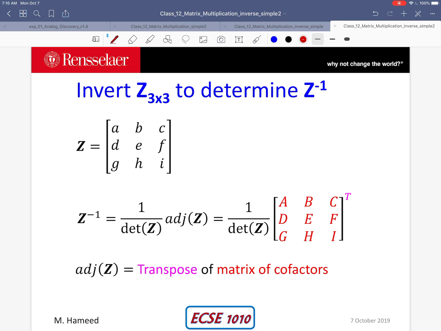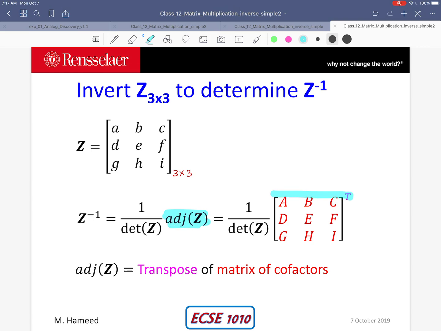Now let's consider a matrix Z, and we'll try to find Z inverse. I'm considering a matrix Z with 3 rows and 3 columns, and the elements in matrix Z are small a, b, c all the way to small i. Now to find Z inverse, we are going to use the same formula as we have used before, which is 1 over determinant of Z multiplied by adjugate of Z or adjoint of Z. Determinant of Z remains as is, but in this case the adjugate of Z